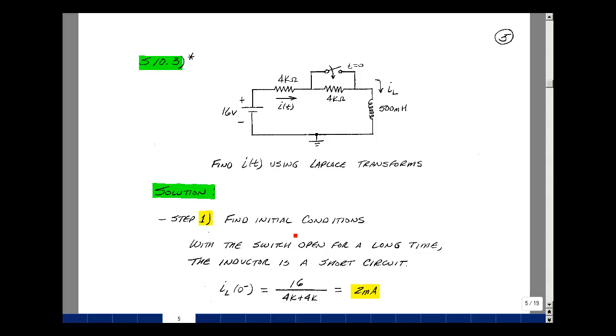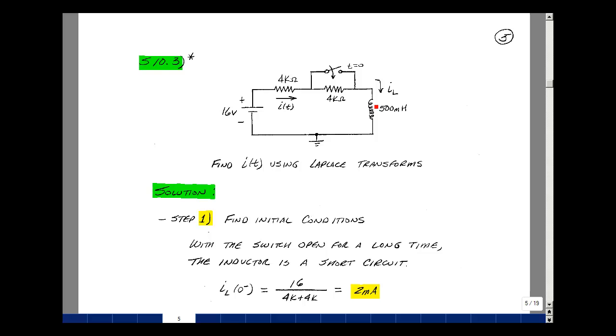So the first one is to find the initial condition of the reactive components, and here it's just the inductance. This switch has been open for a long time. We have a DC input. We can treat our inductor like a short circuit. In other words, v is equal to L di/dt. If the current's not changing, then the derivative is 0, and the voltage would be 0 times the inductance,